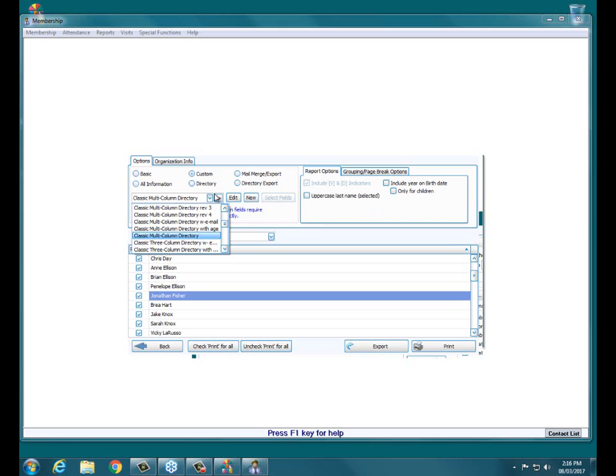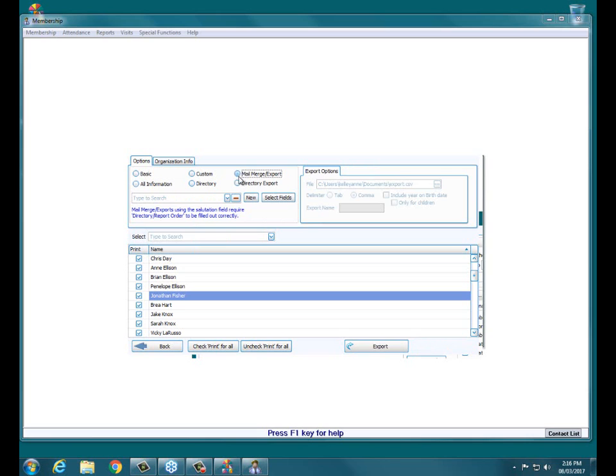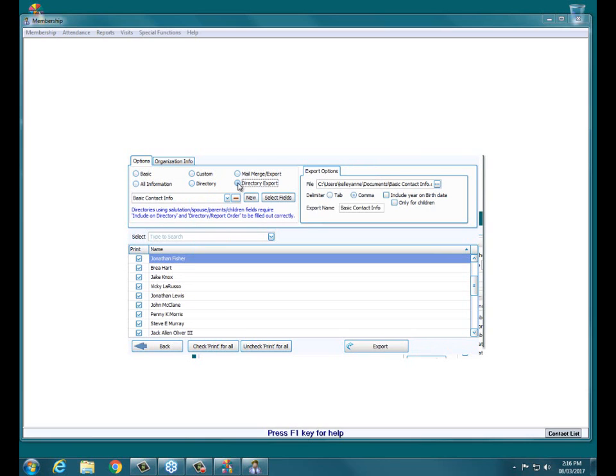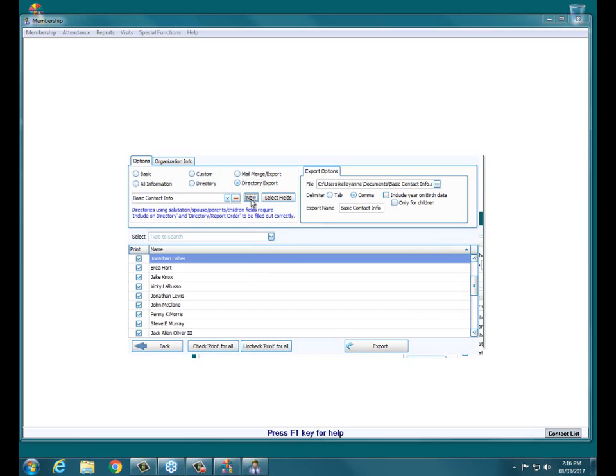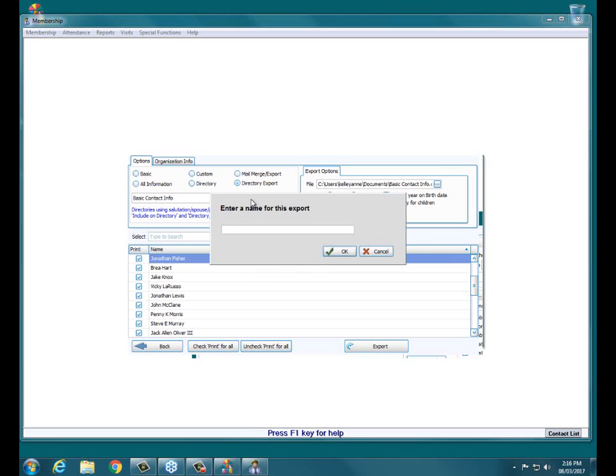Okay, so finally we'll talk a little bit about our exports over here. Now, if I select, let's say, the directory export, let's say I'm going to have LifeTouch make a directory for my church, and they need my membership data to make that directory for us, our photo directory. If I do a directory export, and I say I'm going to create a new one and call it directory,